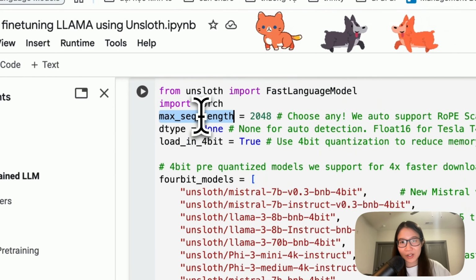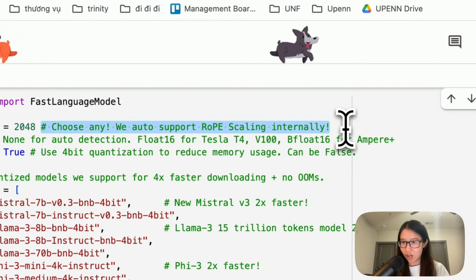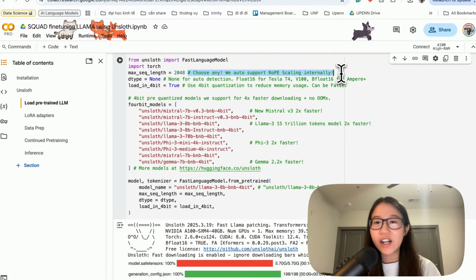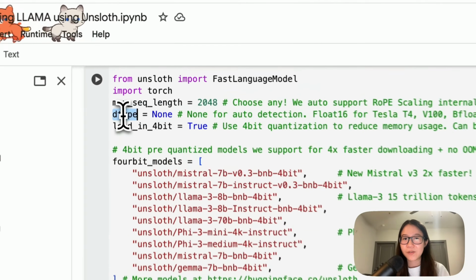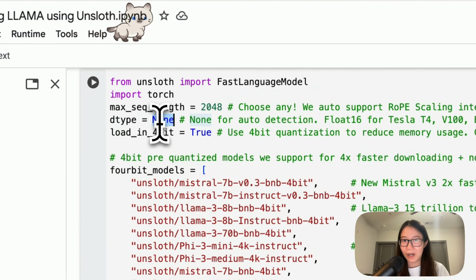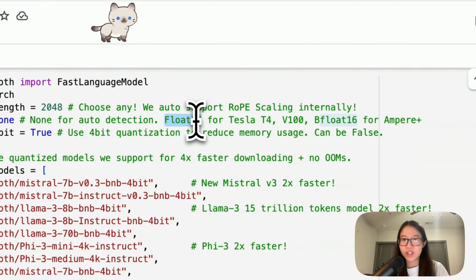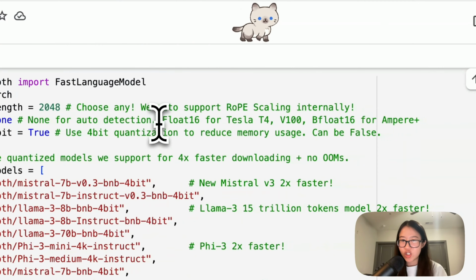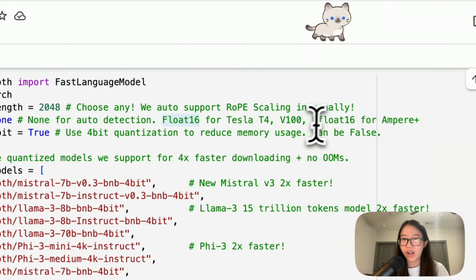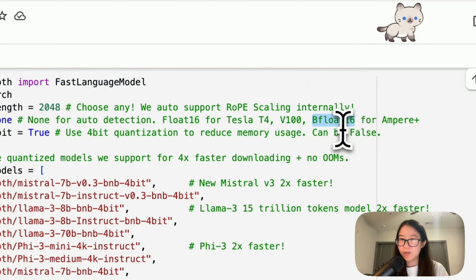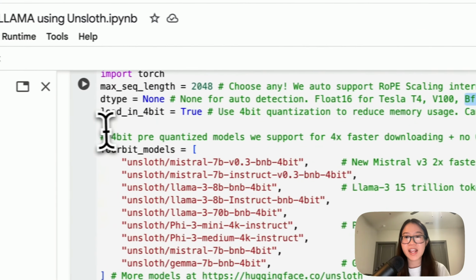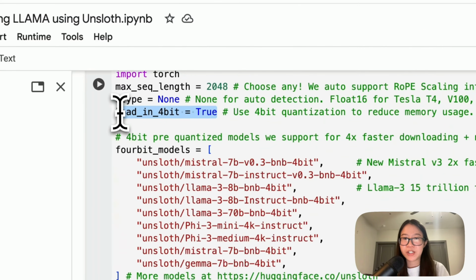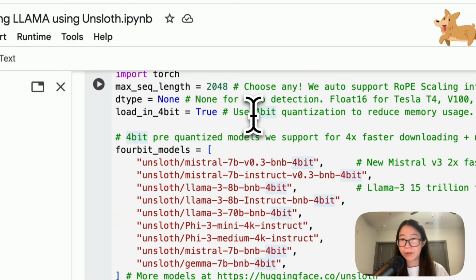This is the max sequence length. This is the comment from the Unsloth documentation. It's very clear, very detailed. For this dtype, I choose None just to get the model to do the auto detection. If you want to set it yourself, you need to have torch.float16 or torch.bfloat16. Alright, and then for this one, I just want it to be True because I want to reduce the memory